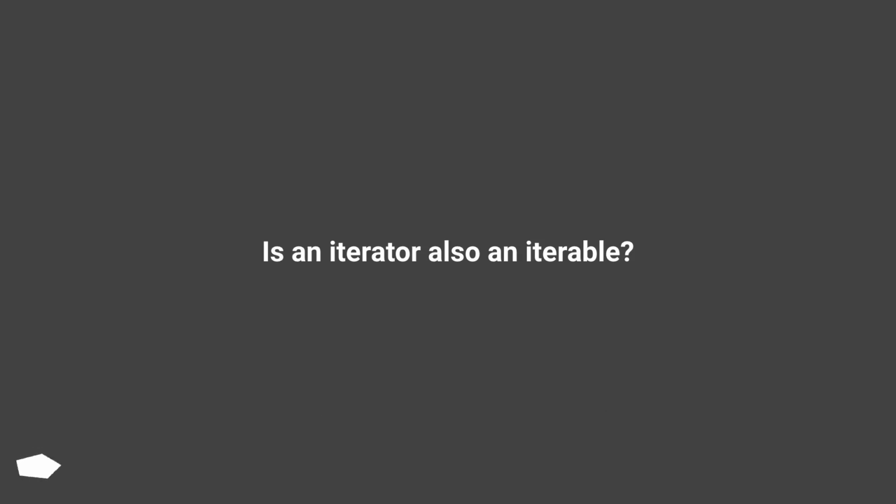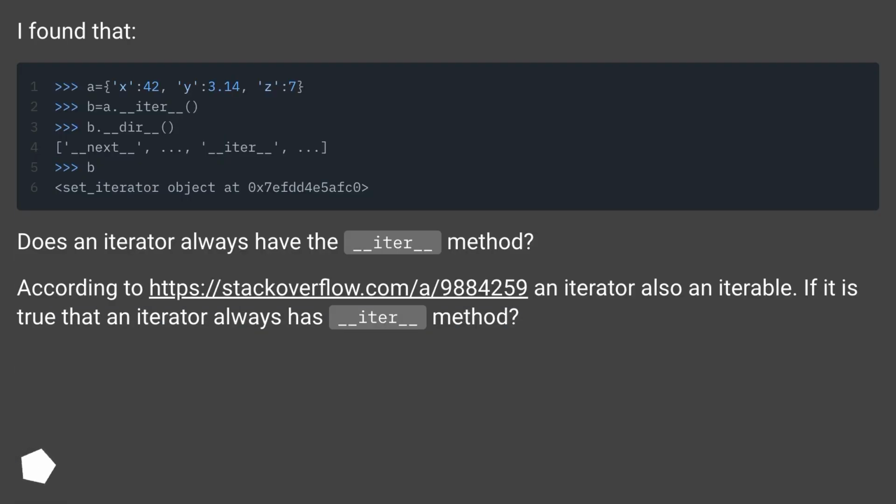Is an iterator also an iterable? I found it. Does an iterator always have the __iter__ method? According to this URL, an iterator is also an iterable. If it is true that an iterator always has an __iter__ method,